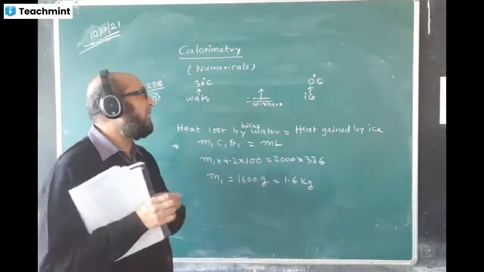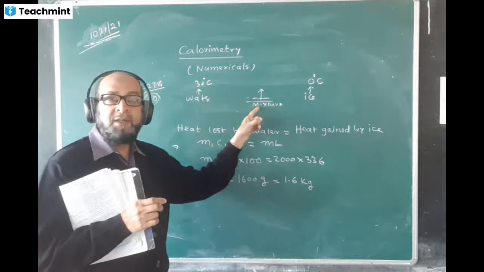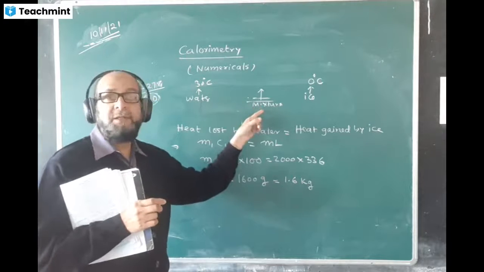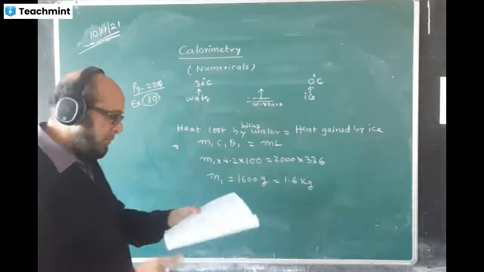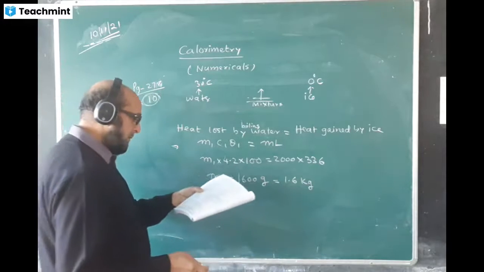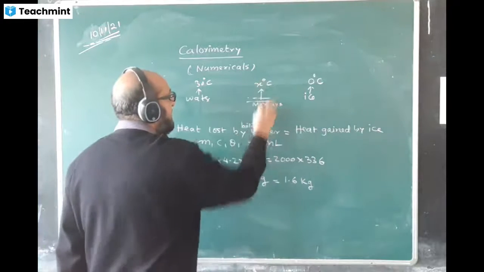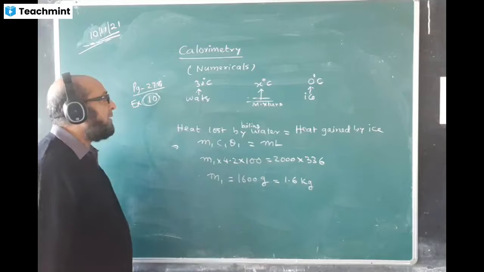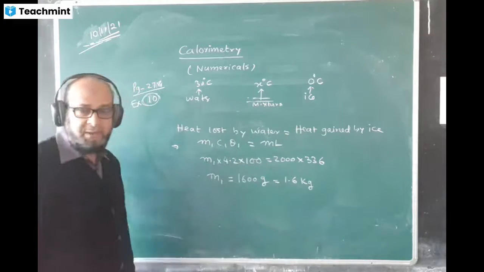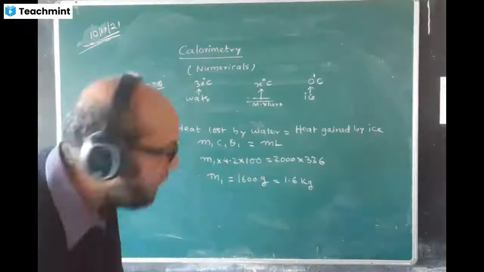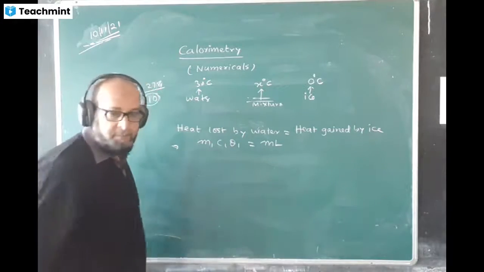Question is asking you find the temperature of this mixture after adding. X degree. Question doesn't say that the mixture is 0 degrees Celsius. Question is not saying that. X degree Celsius. We have to calculate. So what should I be writing here? Heat lost by water is equal to heat gained by ice. Yes or no? Yes, sir. Equation is this only.